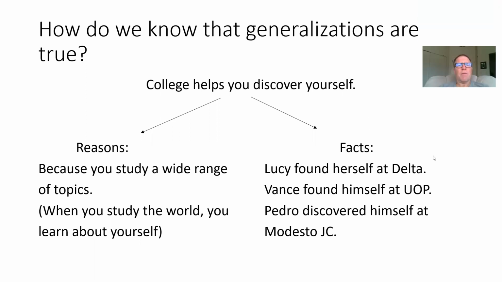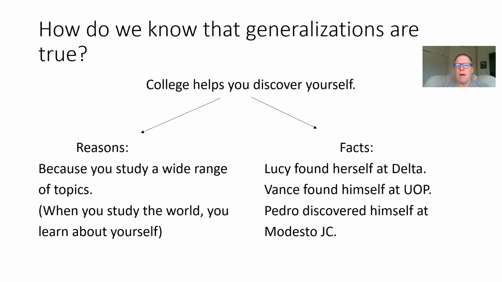So let's say the claim is college helps you discover yourself. How do I know that that's true? That can be supported in two different ways. Ultimately, it can be reasons and other reasons. In other words, another syllogism could support that because you study a wide range of topics, and when you study the world, you learn about yourself. That would be a syllogism to show that college helps you discover yourself, or it can be supported by facts,